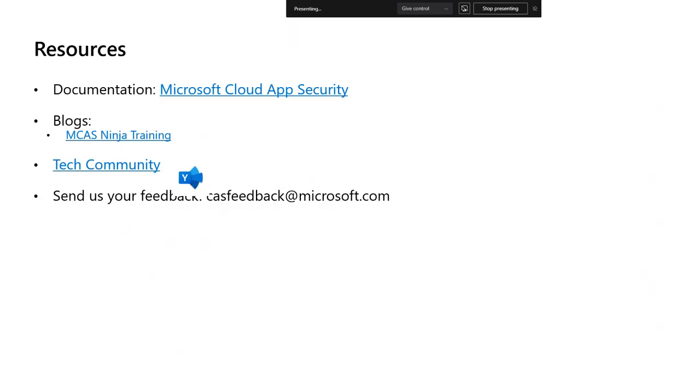And another question from Scott. Jan, you wanted to say something? Yeah, to follow up on the first question, I am struggling to understand how MCAS is able to apply policies to control risky user behavior when the user is on an unmanaged device, and the user is authenticating to and interacting with a cloud app, Box, using a non-organizational account. Excellent question. So if you are using a non-organizational account, like for example, a personal Box account,